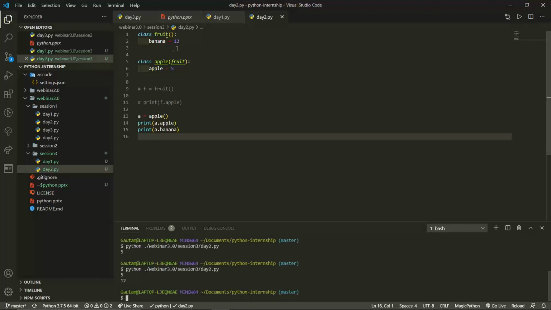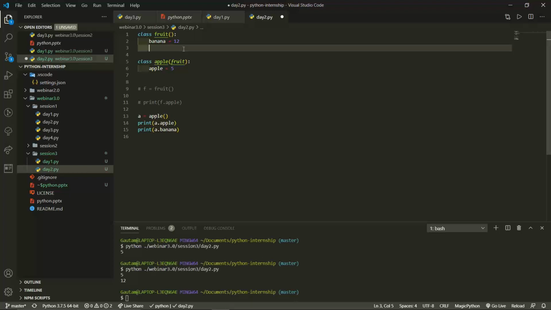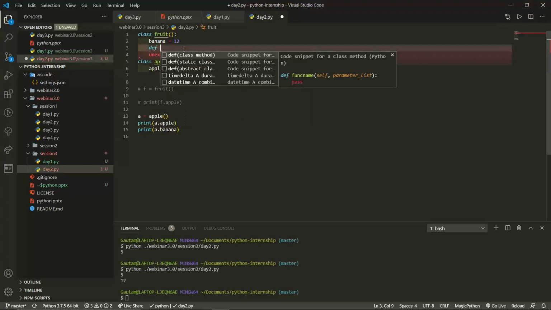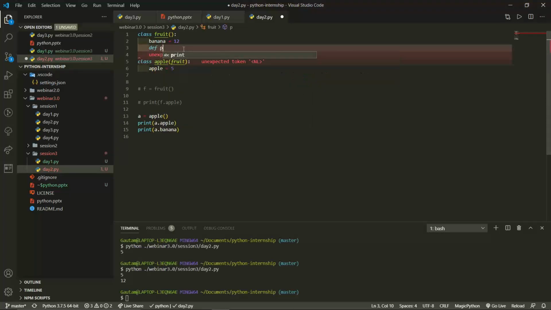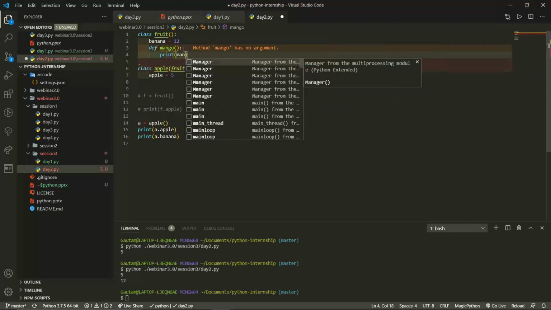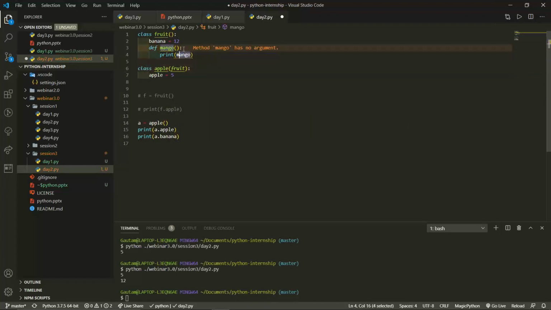This is the simplest way of inheriting things. You can inherit anything: if you have functions, you can inherit the functions, and if you have constructors, you can inherit the constructors. Like I have a function, def mango, and inside that I pass print mango as a string.